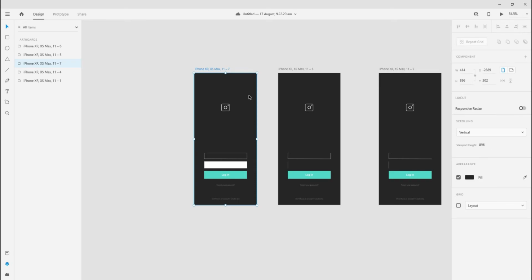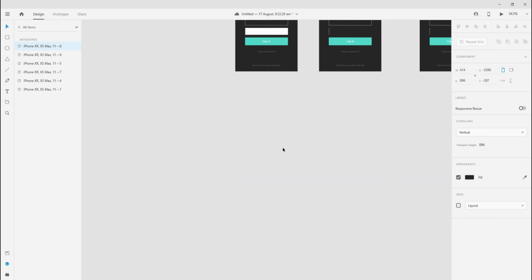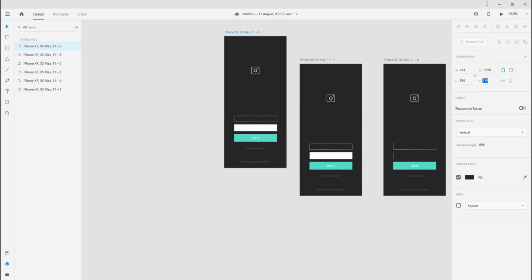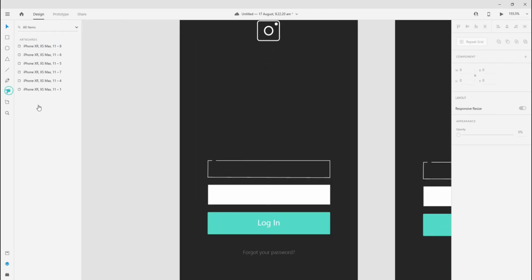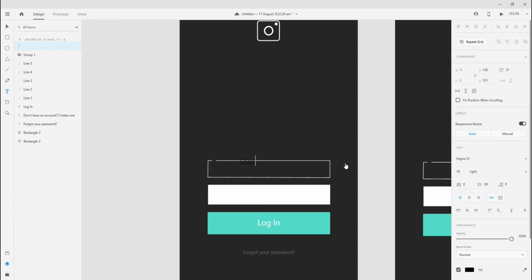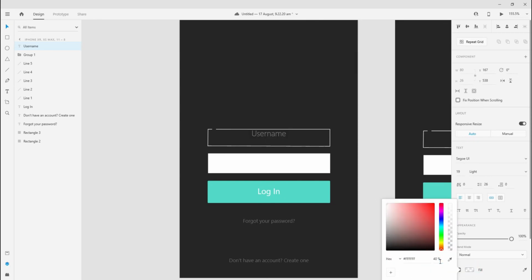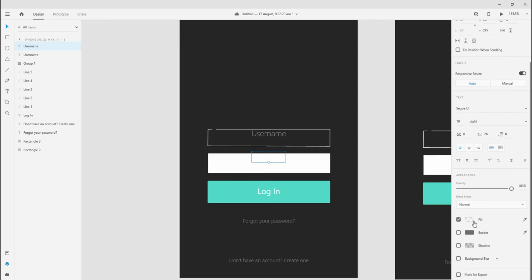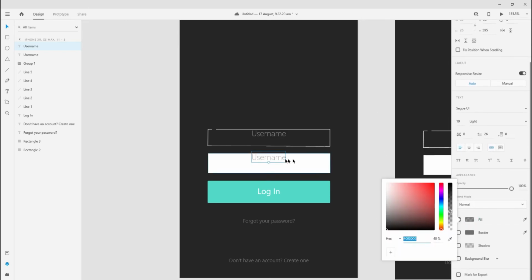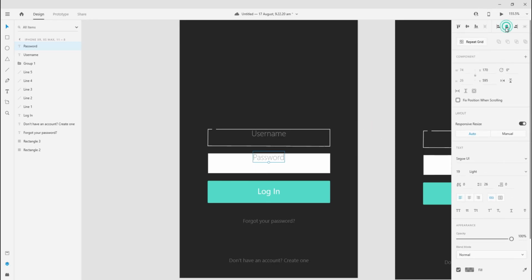Then select this artboard and duplicate this, and I'm going to move it. And then add some text over here, like I'm going to add username, make it in the center, place it right here, give it white color with 40% fill. Then I'm going to duplicate this and give it black color with 40% fill, and right here password. Make this also in the center,